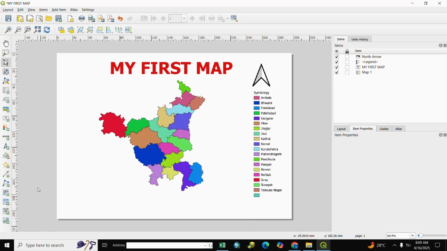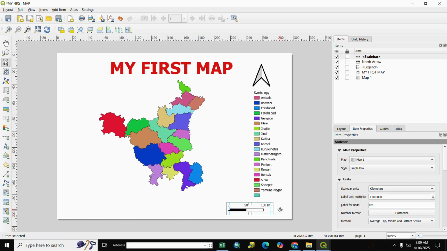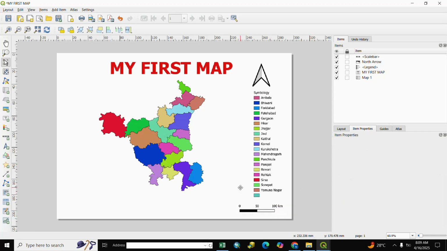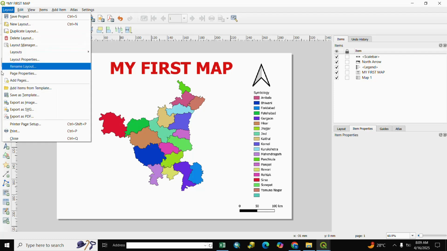and after it we go to scale and we add scale. Here is scale and we adjust as per our requirement. Our map is ready for export. For export map we go to layout and we go to export as PDF and if